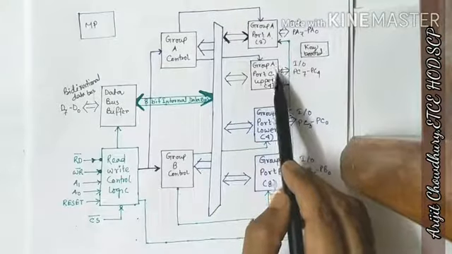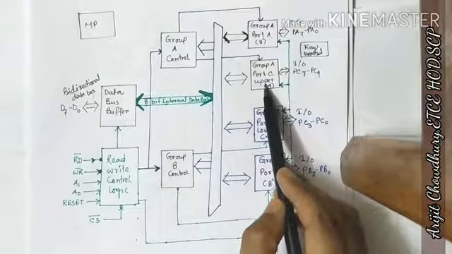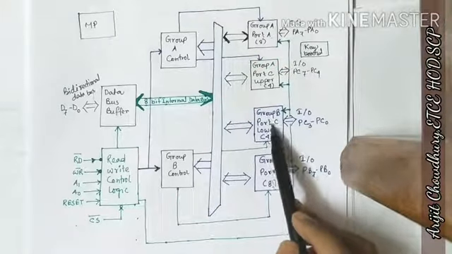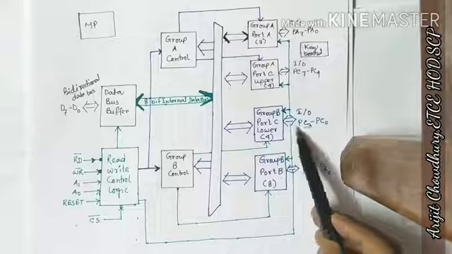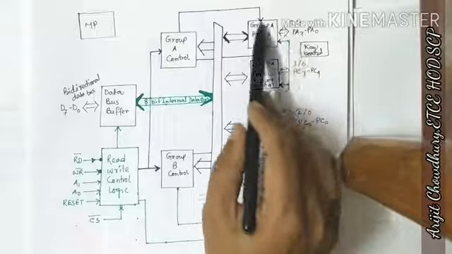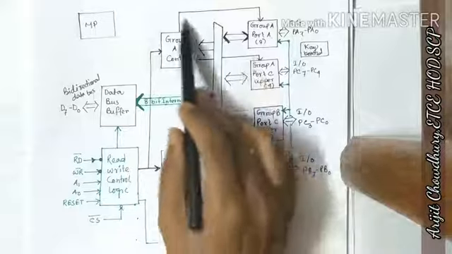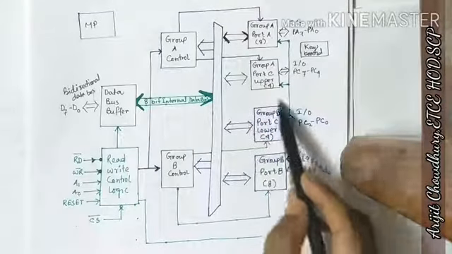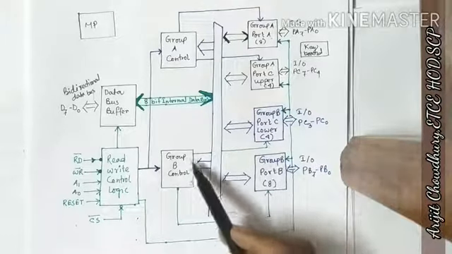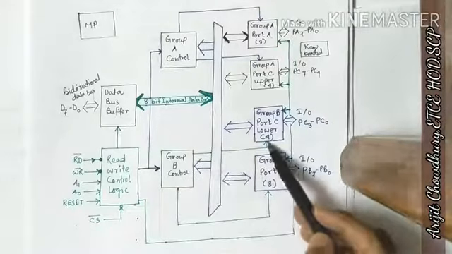Similarly, port C upper is used. Port C is divided into two parts: upper 4 bits, PC4 to PC7, and in group B, port C lower, PC0 to PC3, and there is group B port B. So these are the group A portion, controlled by the group A control, as the arrow indicates. Then this part will be the group B portion, port B and port C lower. This part is controlled by the group B control, as the arrow indicates.